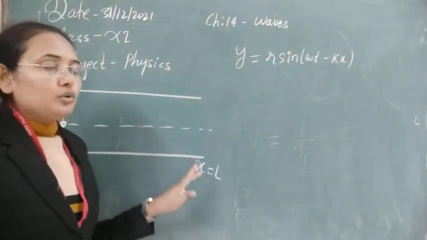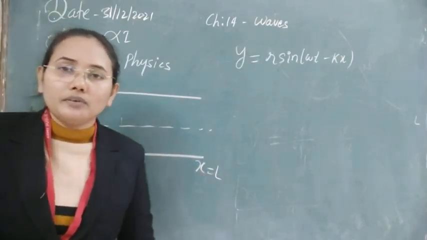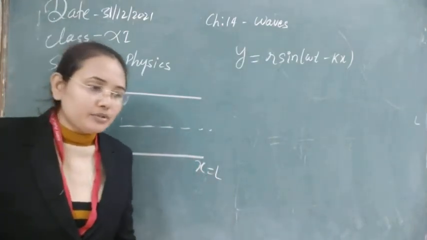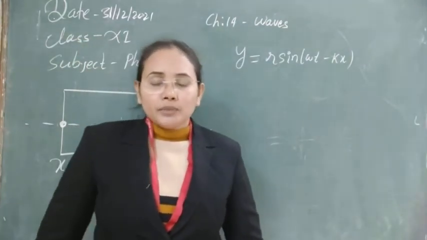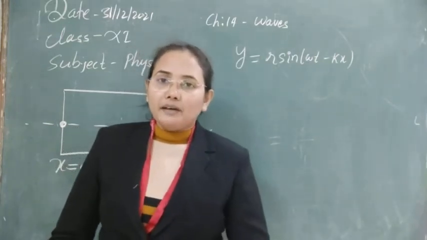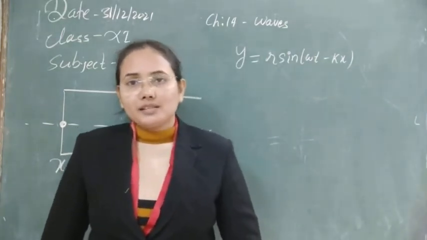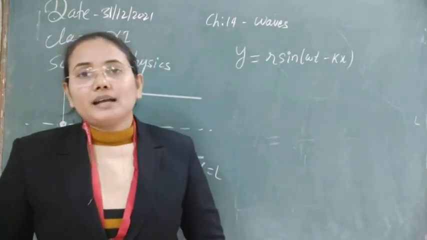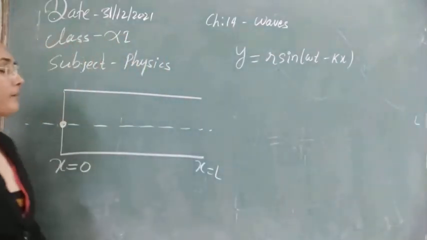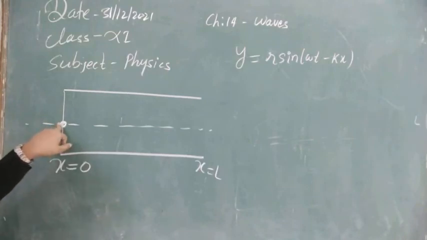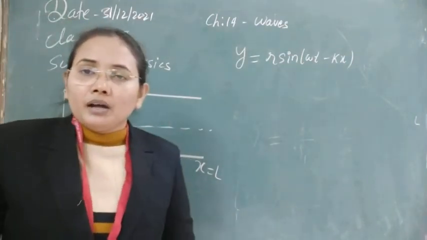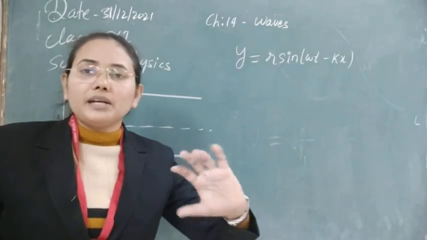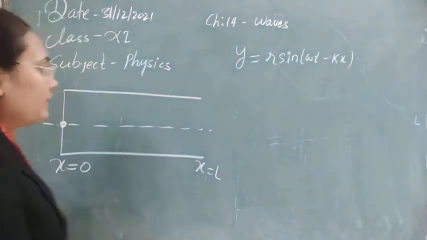Now the method to produce the wave in this kind of organ pipe is the same as we produced the wave in the case of the stressed string. We displaced the string by giving it some displacement, and after that, due to the combined effect of elasticity and inertia, the particles of the string started to vibrate in the same manner. When a disturbance is created, the air particles start to vibrate, and due to that all the particles are vibrating and the wave starts to travel from one end to the other end.